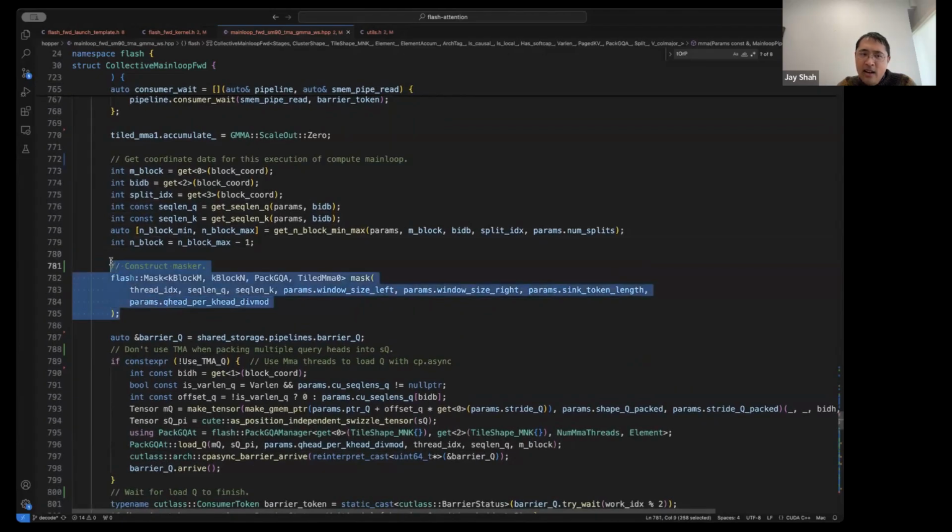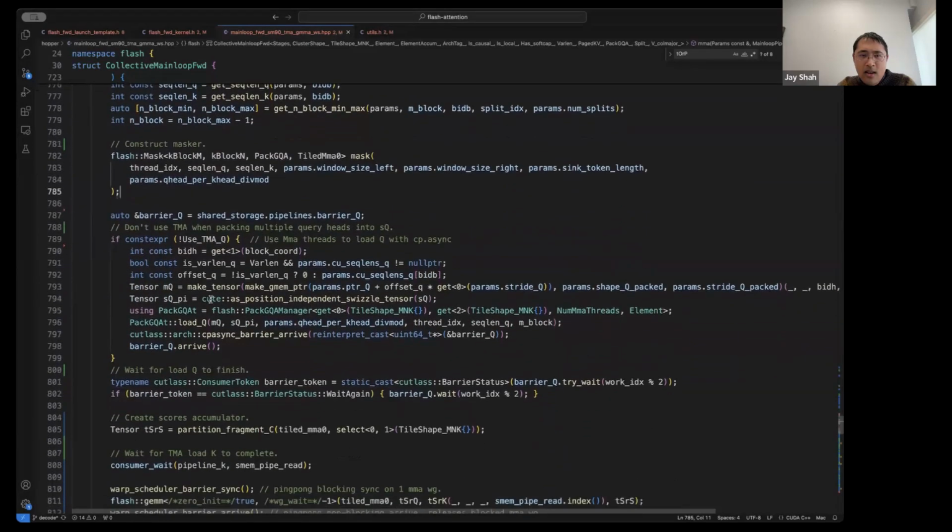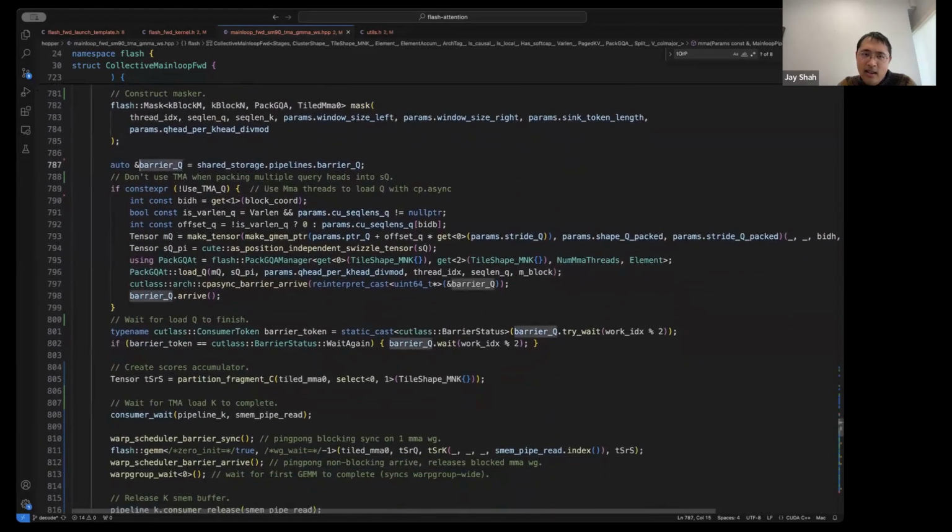I then have a separate masking utility here. After I do that, I fetch the barrier, which is this transaction barrier for waiting on the Q load to complete. I have the option of loading Q in the consumer thanks to this code.